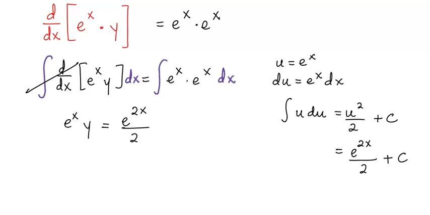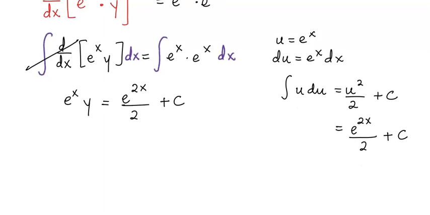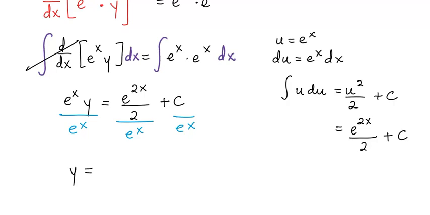Integrating the right side gives us e to the 2x divided by 2 plus c. Our goal is to solve for y, so now I'm going to divide both sides of this equation by e to the x. I'm dividing all three terms of this equation by e to the x to be left with y is equal to,